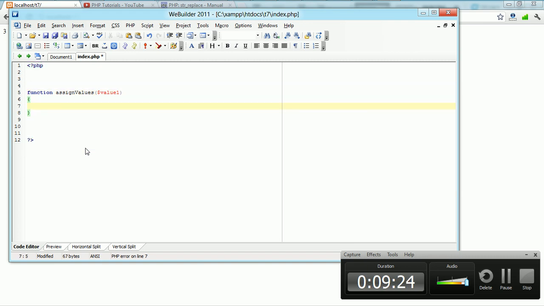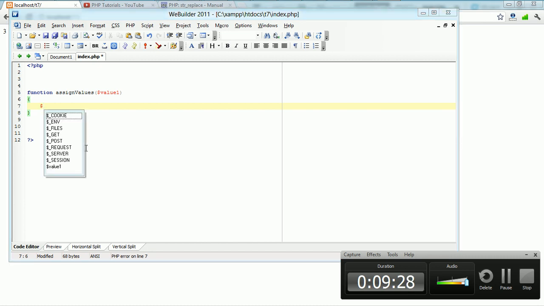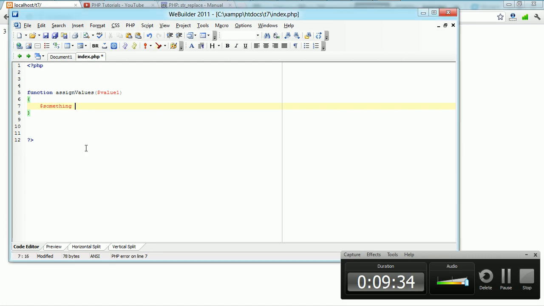And in this, we're going to make it assign a value to, I don't know, blah. Yeah, just call it something. Equals our assign value 1. So if we were to run this function, give this a value of something as a string,